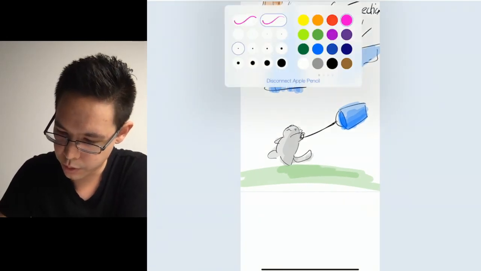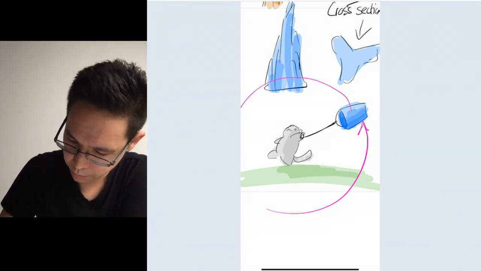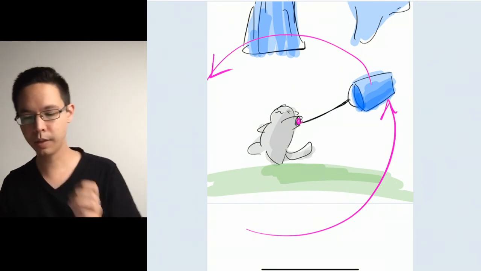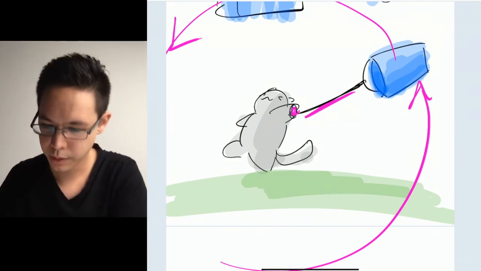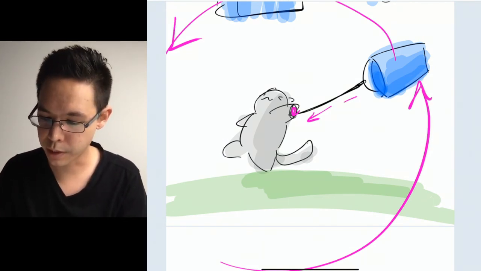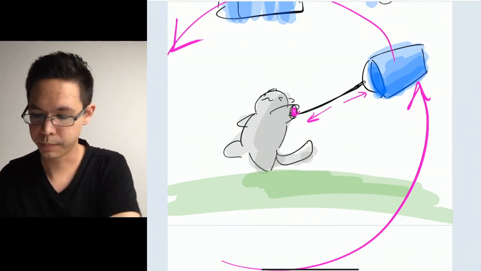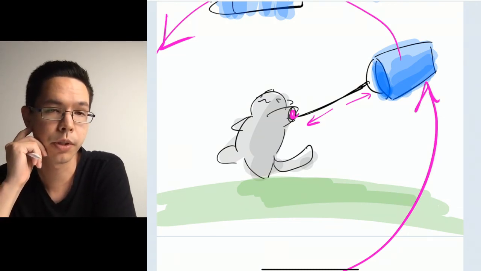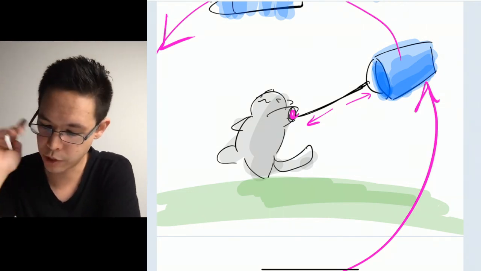If I was to swing the bucket around, but it's fixed in his hand, then there is going to be a bit of tension on this rope. So obviously the cat is pulling the bucket towards him, and the bucket itself is pulling. It's trying to fly away, and this phenomenon is sometimes described as centrifugal force or centripetal force, and there's a lot of debate as to what's the correct term. So I'm not going to get too much into it, but basically the idea is that